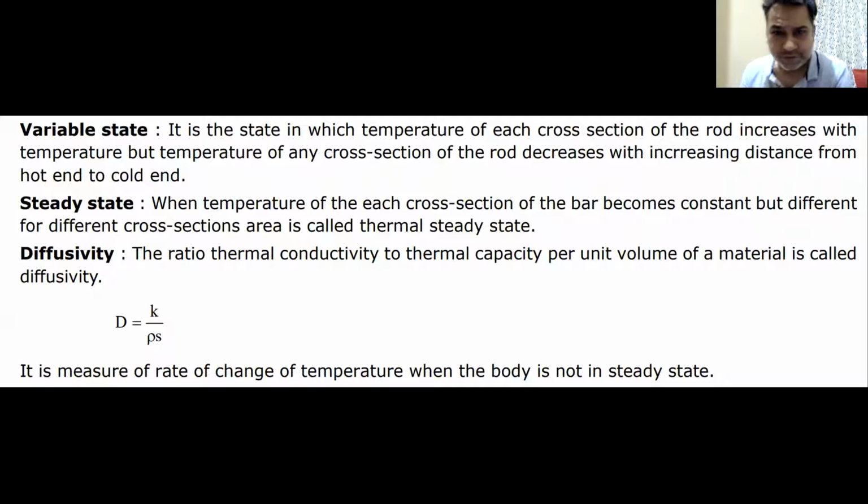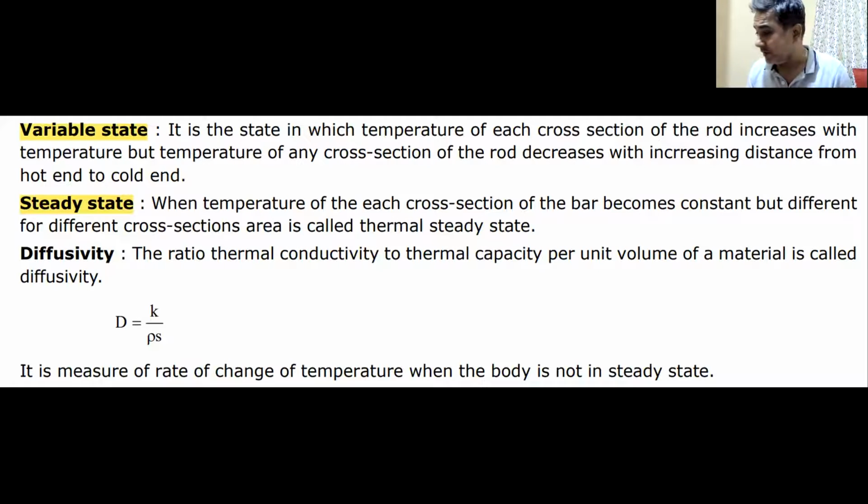So now, since we have noted down the definition of conduction, this is the time that we understand two very important terms in conduction. Not two, it could be one term actually. But to understand the first term, you must understand the second term. And the first term that we are going to understand is known as variable state, which is not of importance to us. The term which is important to us, which we are going to study, is steady state. But to understand steady state, we have to understand what is a variable state in conduction.